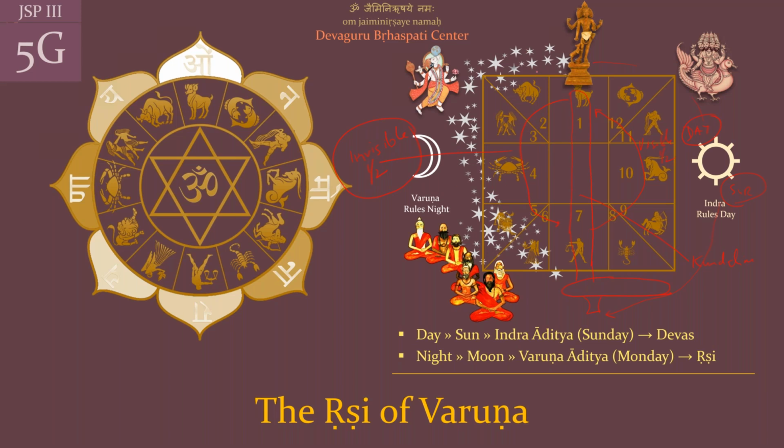So that is why you see all these nakshatras over here. All the nakshatras are working from Lagna to the 7th house. It is very interesting. From Lagna to the 7th house, all the nakshatras are very active and working. Whereas from the 7th house to the Lagna, in the reverse, 7, 8, 9, 10, 11, 12, 1, here the nakshatras are not that powerful. Here the Rashis are more powerful.